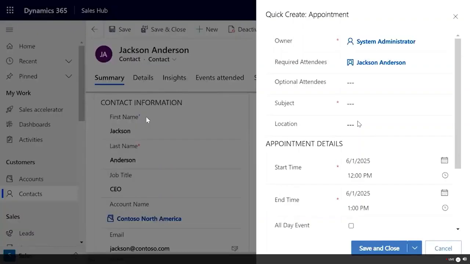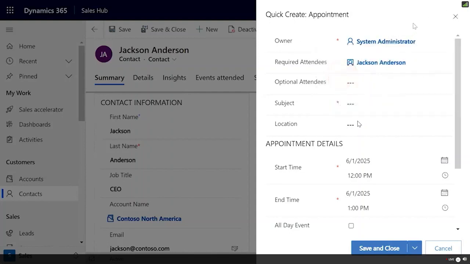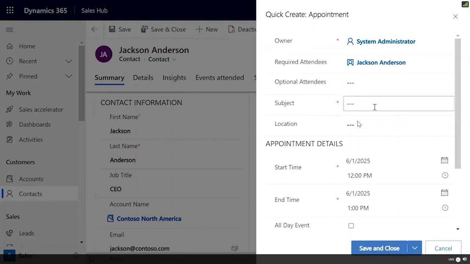All right, so when I create an appointment, because I was on Jackson's contact record, it's automatically going to pull in his name, and it's also going to pull in the account I'm logged in as. I'm logged in as a system administrator, but I can also change the owner, I can change the attendee, and I can also include any optional attendees. So in this case, I'm going to just say meeting with Jackson, and we can say dinner